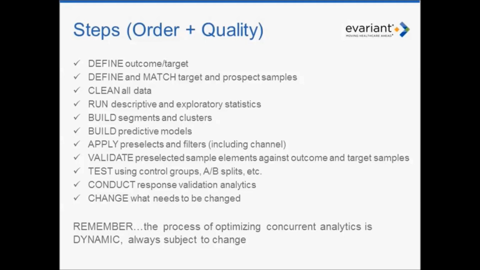And then let's see, this last little point here. Remember, the process of optimizing concurrent analytics is dynamic, always subject to change. So just assume that whatever you're doing now, you're probably going to end up tweaking it a little bit for phase 2 or phase 3 or phase 4. Especially if you're running perhaps 4 mammography campaigns a year, you always have a certain expected response rate, and everything's been going well for the last couple of years. Just because it goes well every quarter, and every time you do that sort of patient, non-patient, community-based mammography screening campaign, it doesn't mean you can't do better by throwing in a little bit more of that concurrent analytics knowledge.